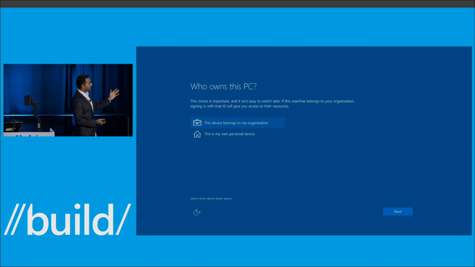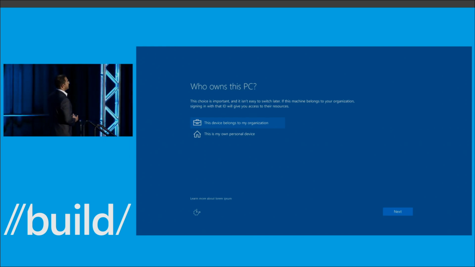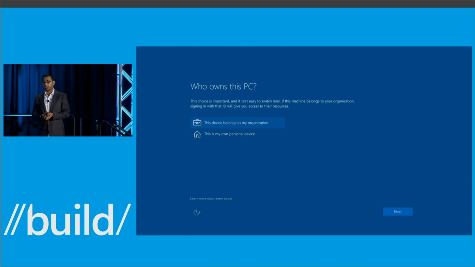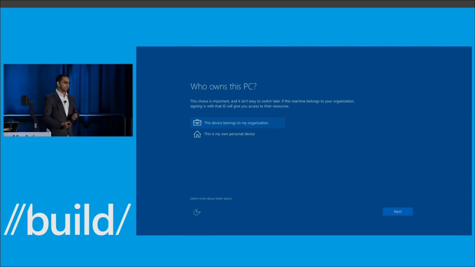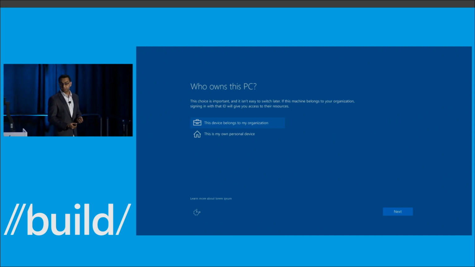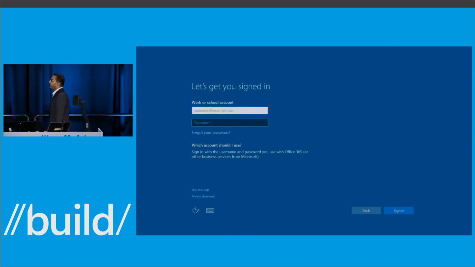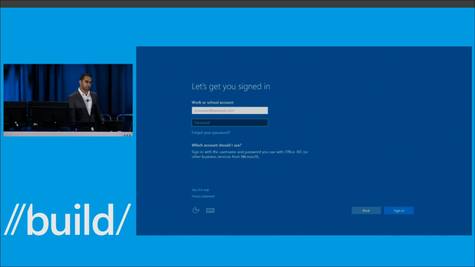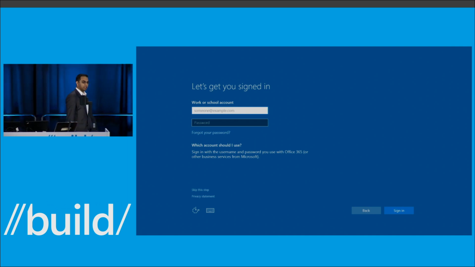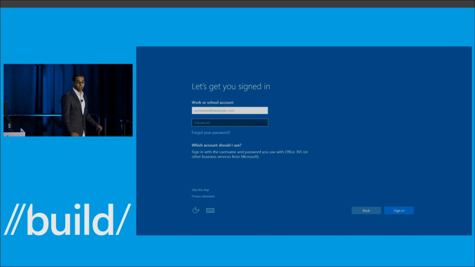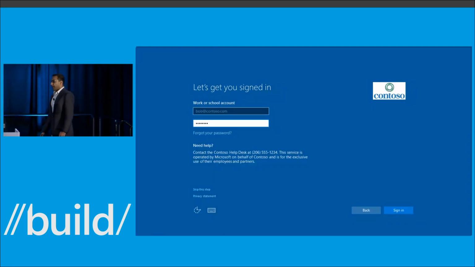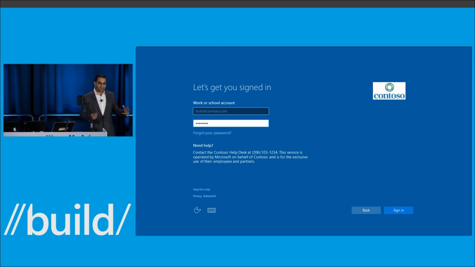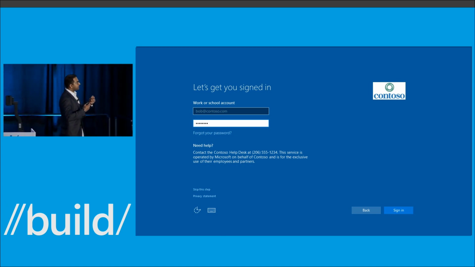And so right here, if a user chooses that this device actually belongs to my organization, it's a pivot for us to make following decisions, like, all right, we understand what you're primarily going to be using this for, and what are some of the things that we need to do. If you choose that, right from the out-of-box experience, similar to how we used to have Microsoft account integration, here you can log in with your work or school account that are powered by Azure Active Directory. As soon as you enter your username, you get navigated to a tenant-specific